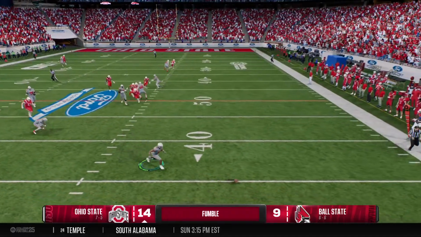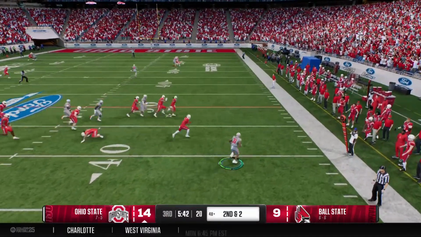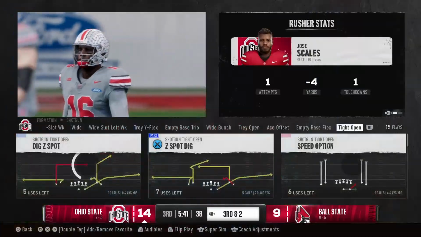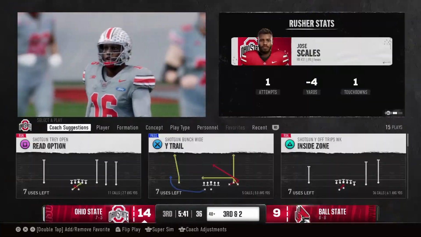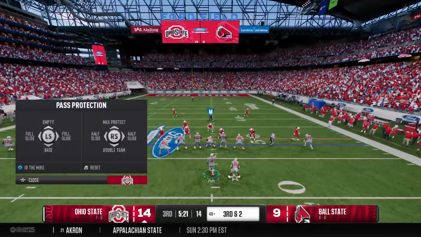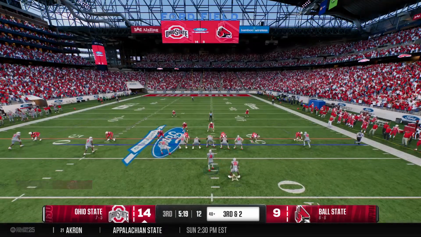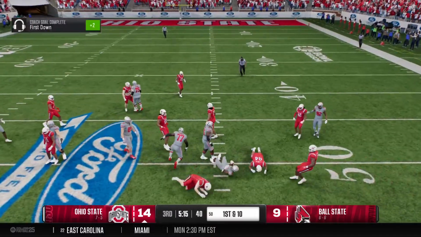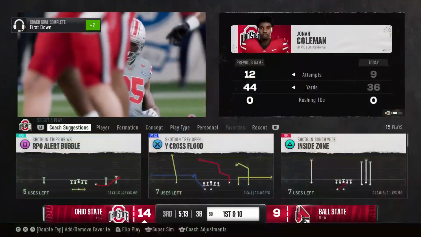Oh, there's a loose football on the bad pitch. He picks it up, still on his feet. Man, those are so frustrating when you're a defense and you swarm to the football, and you stick the quarterback, and you make him cough it up just to have the other team recover it again, and you don't get it. Still a good stick, still a good physical play. Keep hitting that quarterback. And the Buckeyes have a first down.